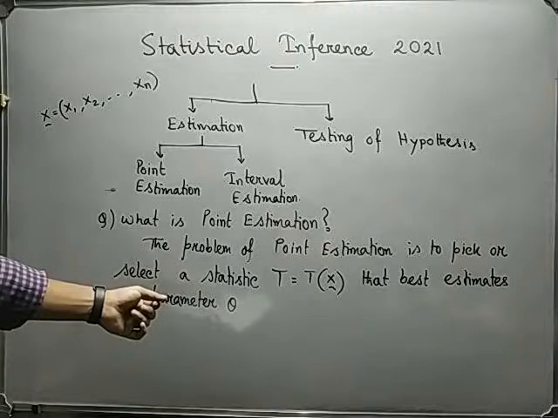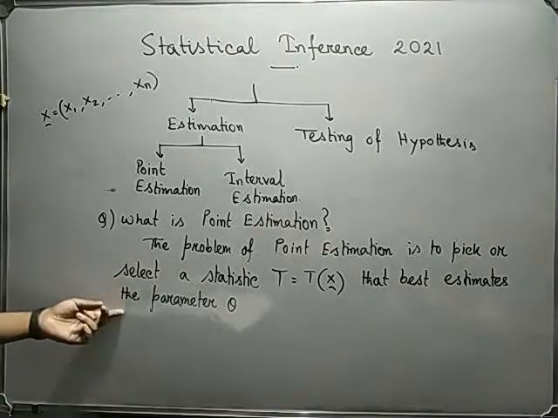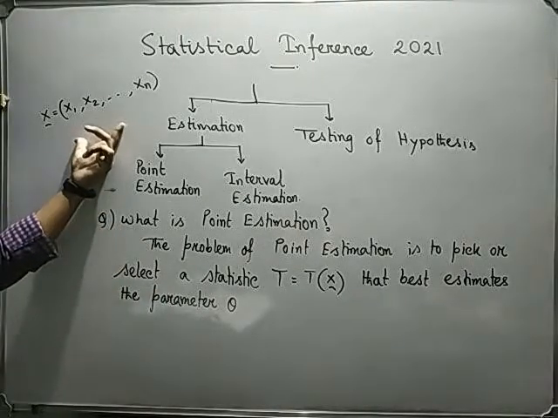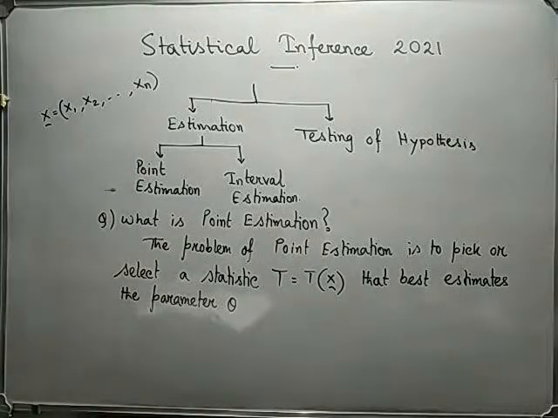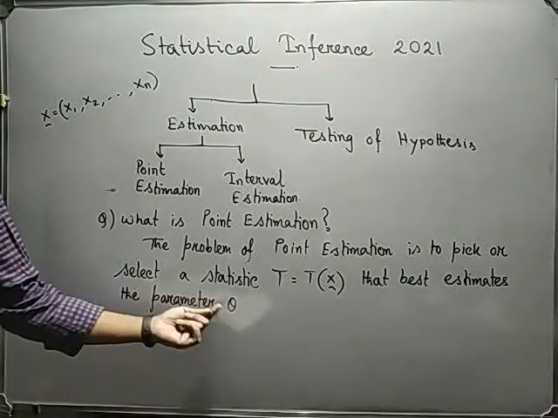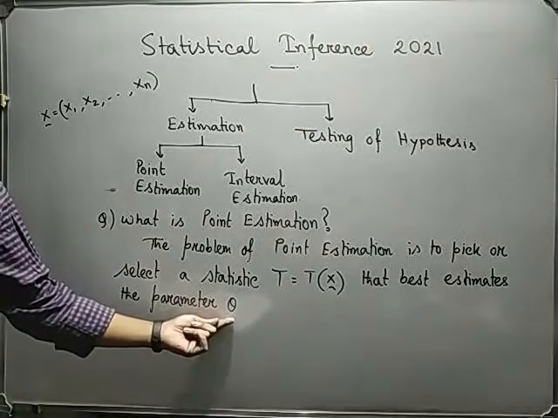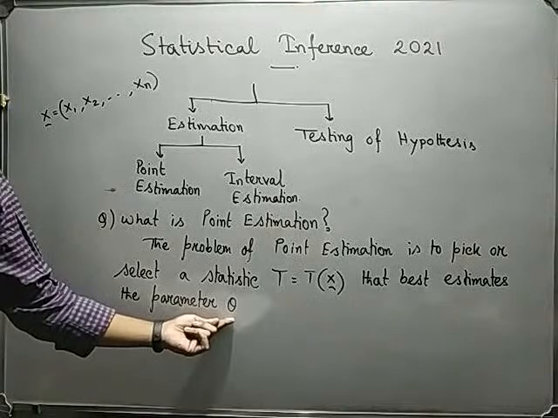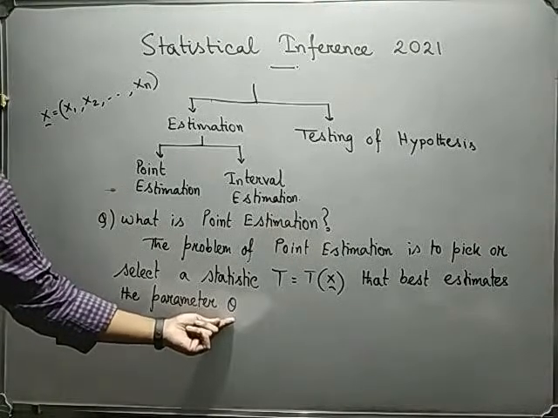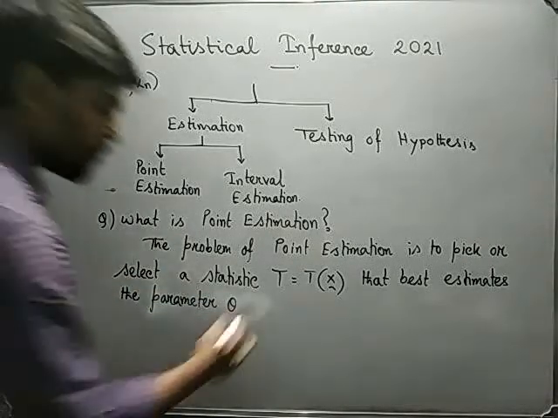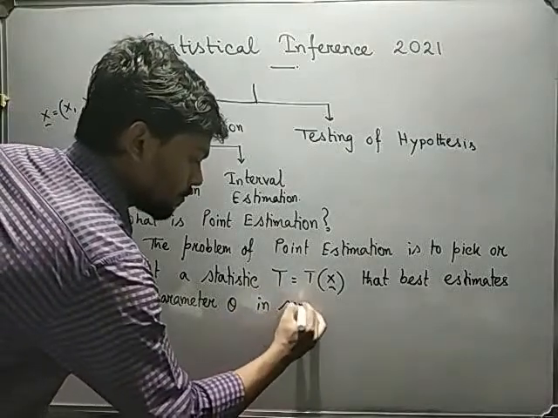Random samples are always independent. Yes, Anurag, random samples are always independent. So if in a question it is given that it is a random sample, it will always be independent. So the parameter is theta, and theta is unknown to us, as a parameter is always unknown, and also fixed. A parameter cannot be a variable.